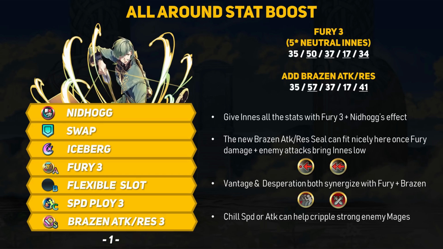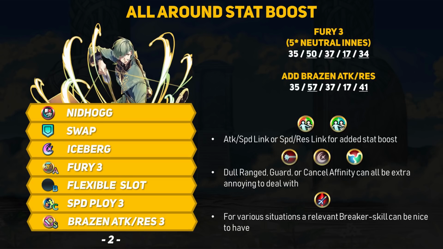If you want Innis to play a more supportive role, Chill Speed or Chill Attack can do just that. If Innis has to deal with a powerful mage foe, then these skills can cripple them and make them easier to defeat. Some rarer skills you can choose are the Link skills. I think Attack and Speed Link or Speed and Resistance Link are both good options. This just stacks more stats on top of what Nidhogg can provide,